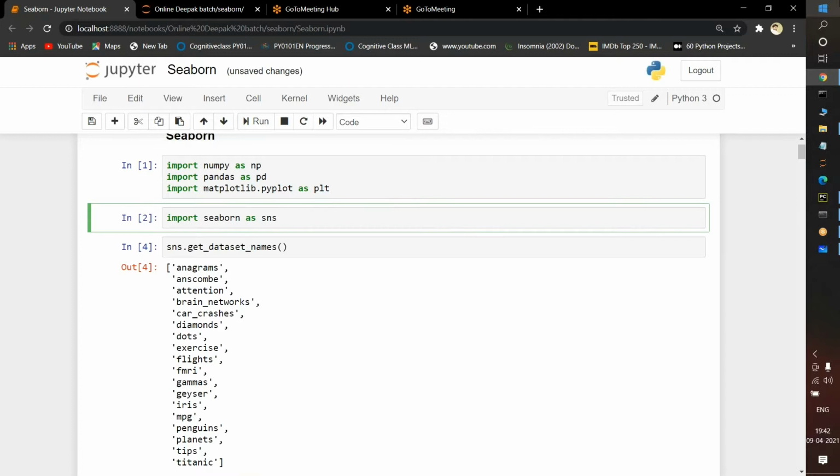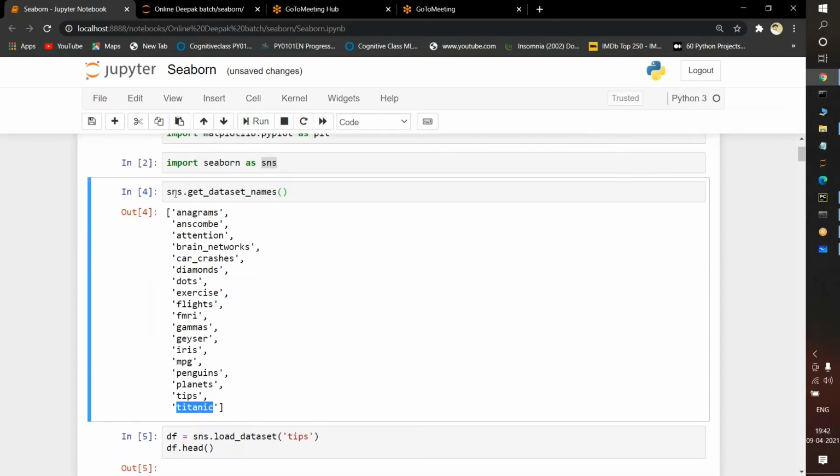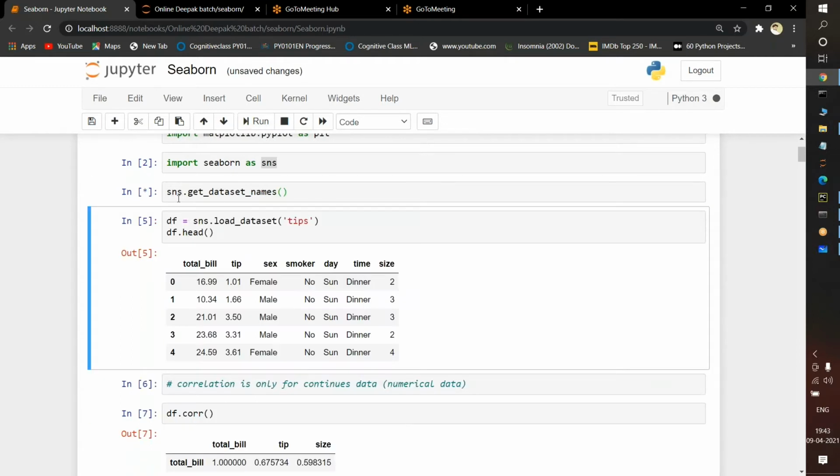See, the first one has been executed and the second one also. See this command very carefully. What I am doing here: sns, which means Seaborn, I am importing Seaborn as sns. sns.get_dataset_names(). Whatever predefined data sets are available in Seaborn, that many will be printed as a list here. Yesterday we had the Titanic data set, but the Titanic data set is also available in Seaborn. So instead of collecting data sets from our device, we can collect them from Seaborn. There are n number of data sets here. If you want the iris data set, you can import the iris data set. If you want the planets data set, I will tell you one by one when we are discussing machine learning algorithms. So now I am executing this command.